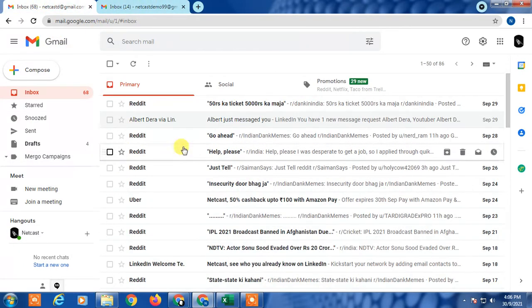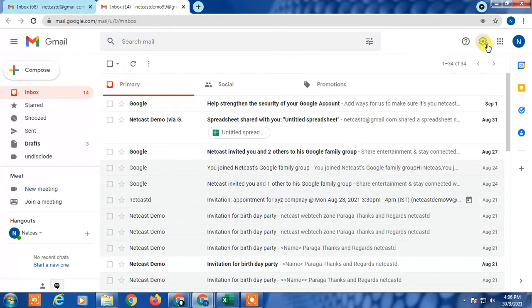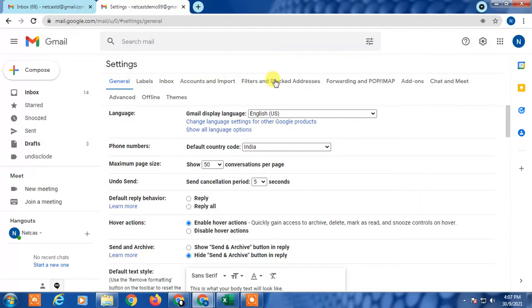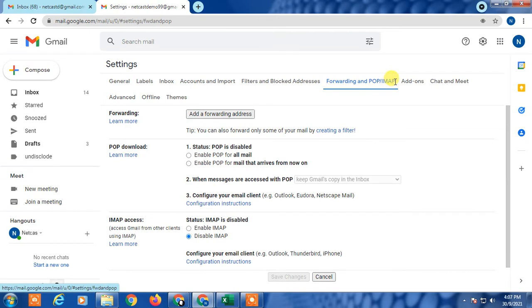So if I want to use this email ID in this main email ID, what's the process you can follow? You have to go to the second email ID, go to settings, see all settings, and here go to Forwarding and POP/IMAP, and use the option to add a forwarding address.